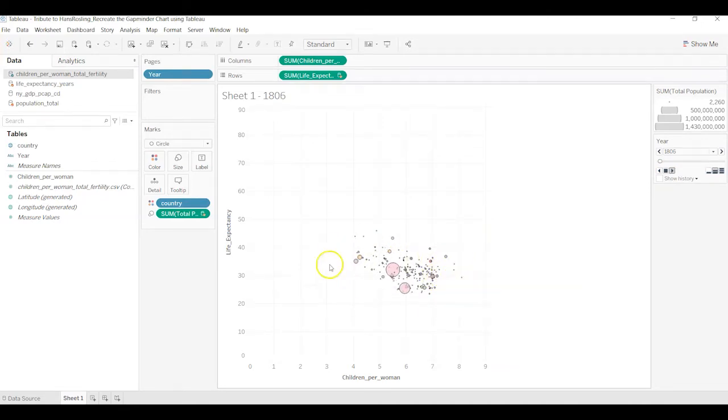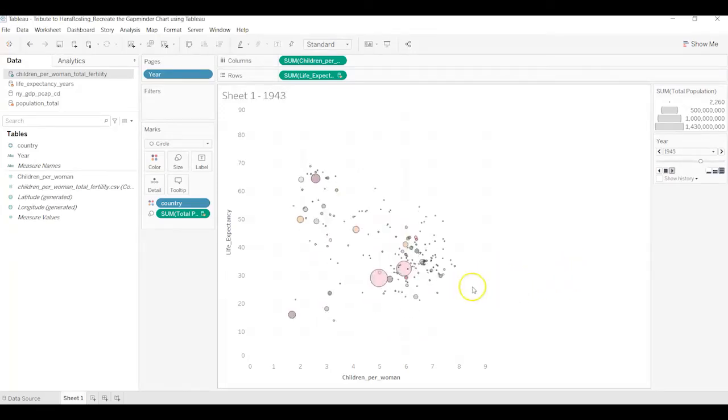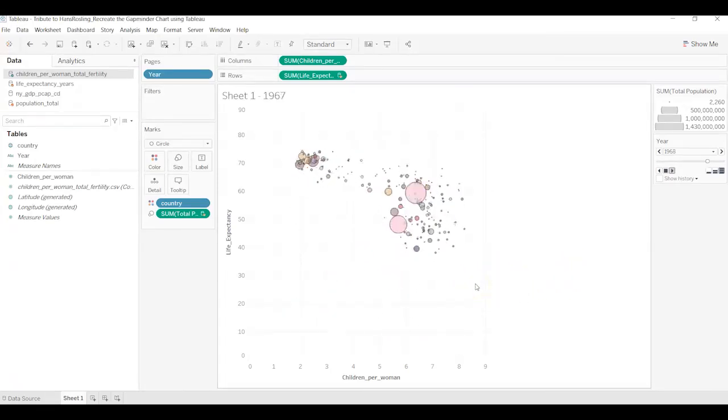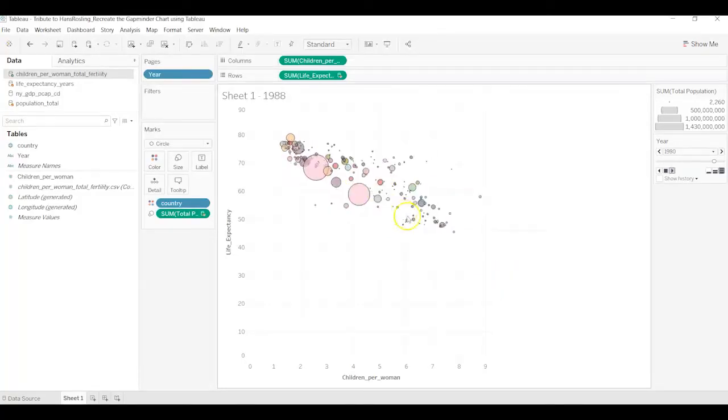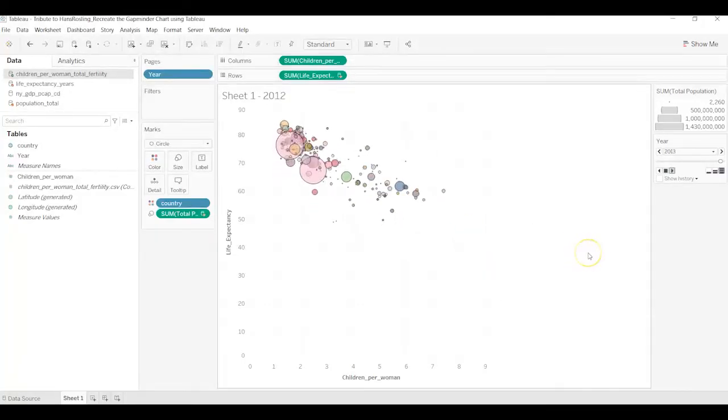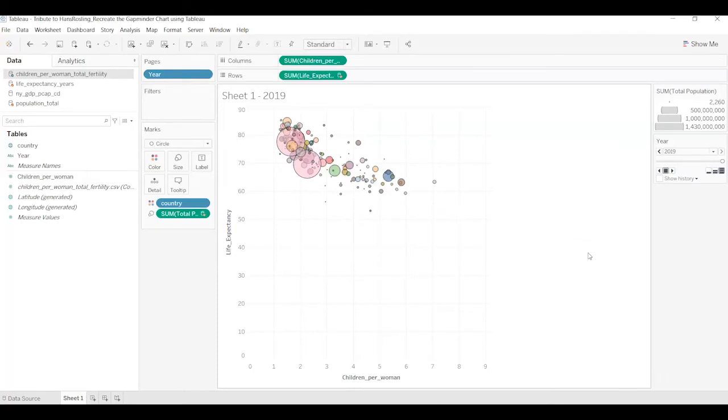To change how fast the pace of moving is, you have these three things here: slow, normal, which is the current one we're having right now, and fast. Let's make it faster paced. So everything is faster. In the 18th century, you can see there's not much change, only for some small countries, small population countries. Then it starts to have big impacts from the 19th century. Then eventually we come to the 20th century, and most of the countries, most of the people live longer and